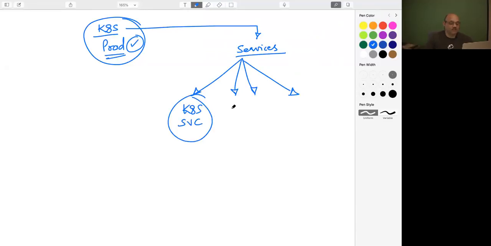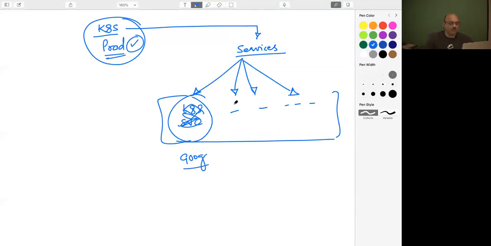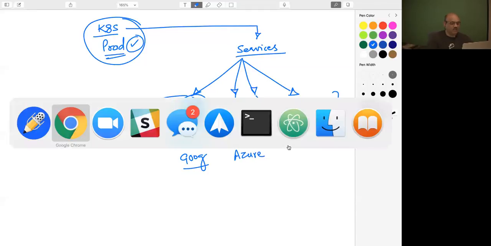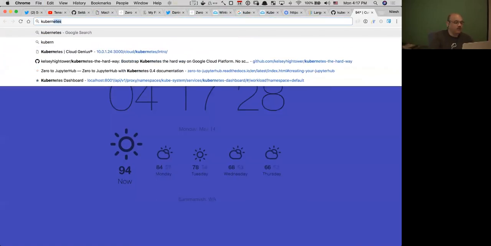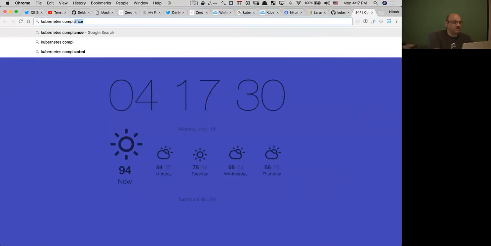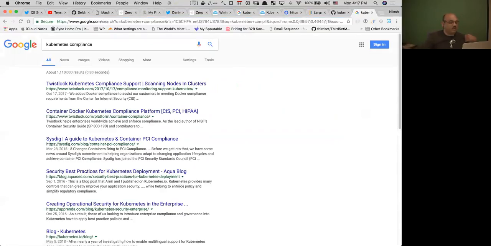So implementation is done by many companies, and these companies are your usual suspects. One of them is the Google company, or rather Google Cloud. Another one is Microsoft's Azure Cloud. Another one is, let's go actually see the list of who are these companies that are Kubernetes compliant service providers. What does that mean by compliant service? So there is this